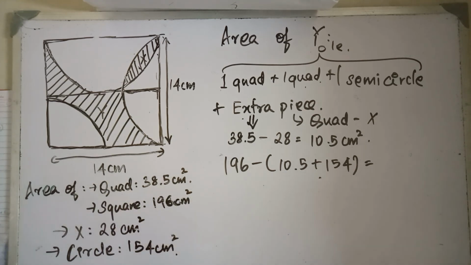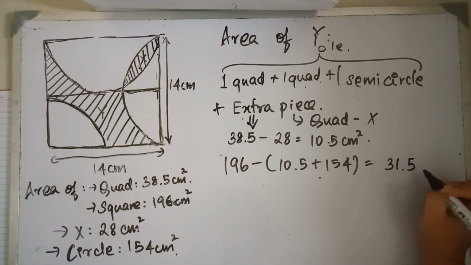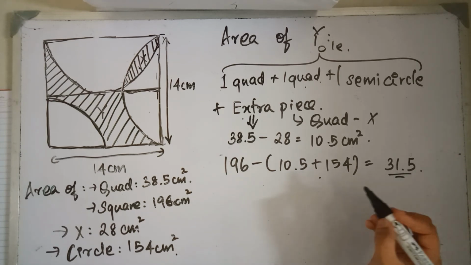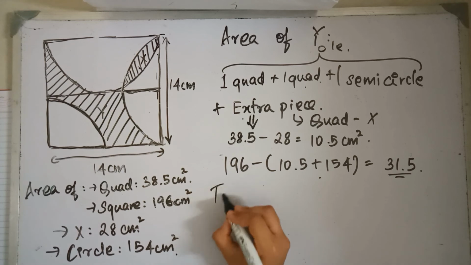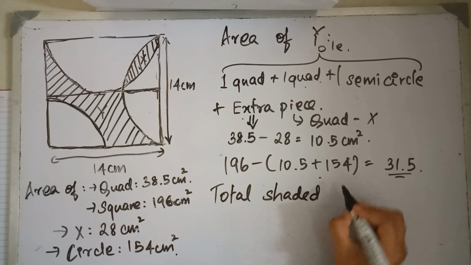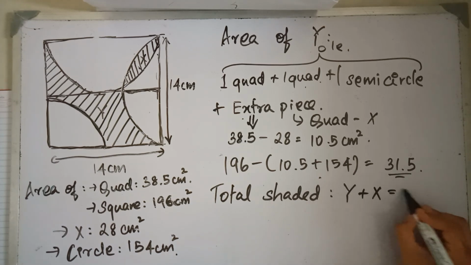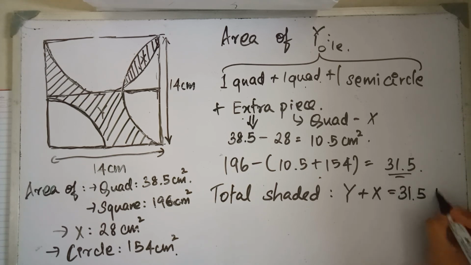Okay, so on solving this, we will get 31.5. Now what's 31.5? Y region. What is the total region of shaded part? X plus Y. So don't forget that it's not just Y, it's X plus Y, and that is 31.5 plus 28. 28 is the area of X. Totally it gives us